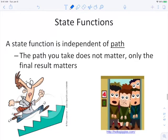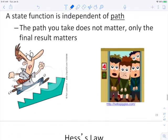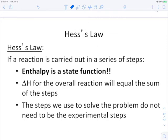All right, so if you're thinking, wow, state functions are so cool, I can't wait to use them. We're going to use them in something called Hess's law. So Hess's law is extremely important. When I say extremely important, I mean you have a close to 100% chance of seeing it on the